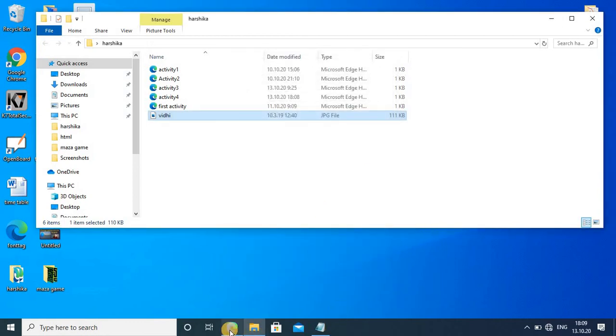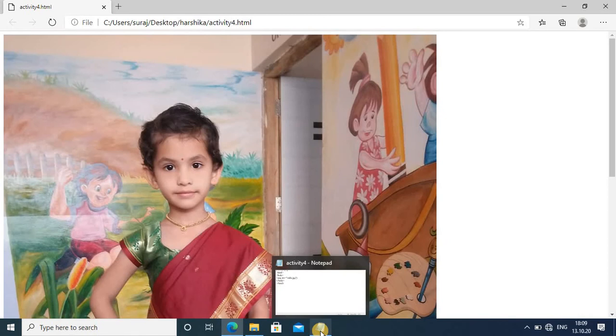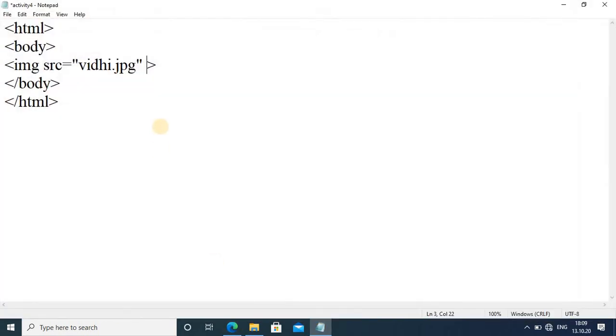And finally our image is added here in my web page, and now I want this image size small. So how to change the size? Width and height attributes are there. You have to write width equal to 200, 300 you can give. Now I am giving 200.